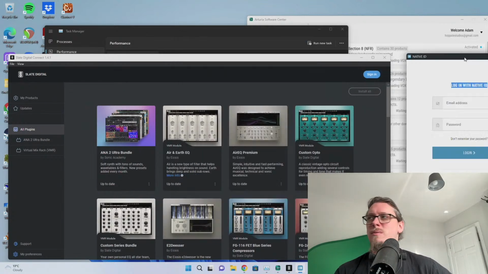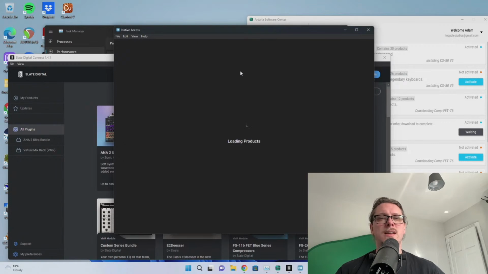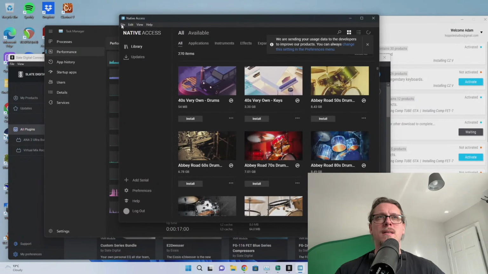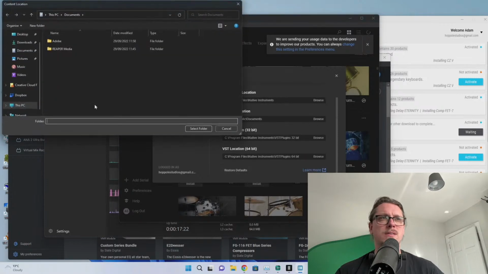Right, okay, so I need to put my native ID in. Let's get that on the other screen and open up passwords. So much finding passwords on here and just logging into everything. Okay. Right, Native Access. Right, somewhere in here is settings where download location. Content location. So I need to move that to be